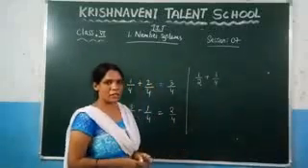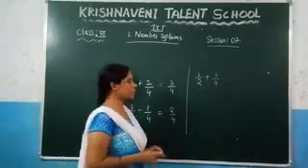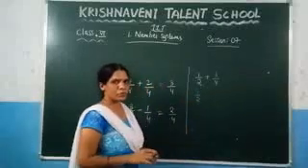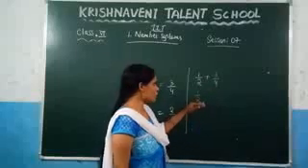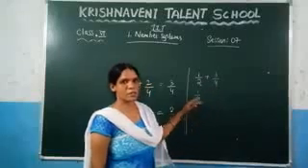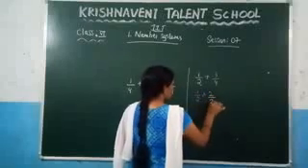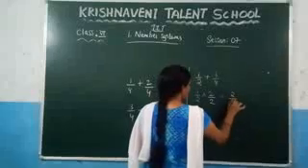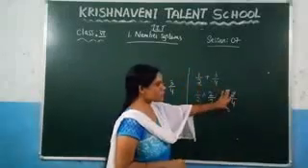First let us go for the like fractions. Suppose you want to change this one into a like fraction, how do you do it? Consider 1 by 2. What is the denominator of the other fraction? 4. So if you want to change the denominator to 4, which number do you need to multiply by? You need to multiply and divide by 2, because you know that 2 into 2 is 4. So you will get 2 by 4. So we have converted 1 by 2 into 2 by 4.